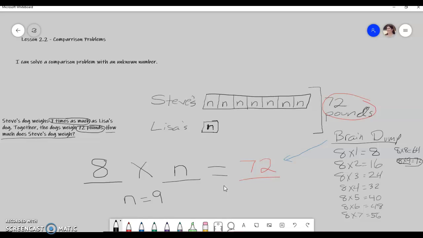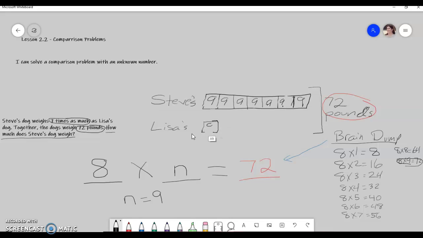So think about our question. How much does Steve's dog weigh? So we figured out what our missing number is, so now I can go in and replace those N's with the number. And then we're going to be able to answer our question. So we know that each one of these boxes is 9 pounds. Let me fix that line there. All right, so now the question we had was, how much does Steve's dog weigh? So we know Lisa's dog is 9 pounds, but Steve's dog